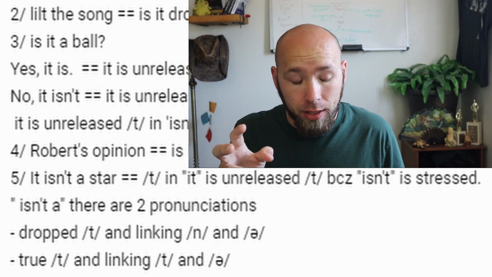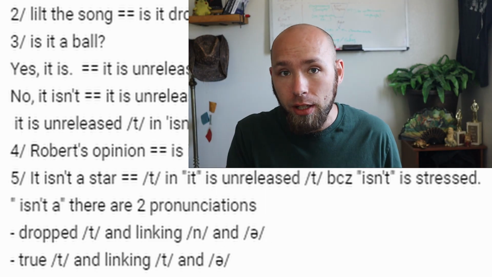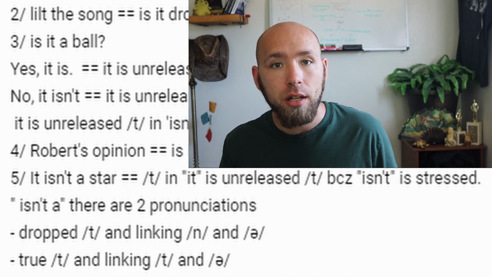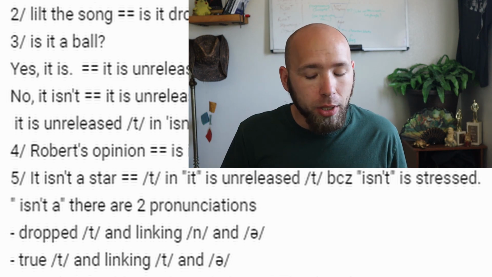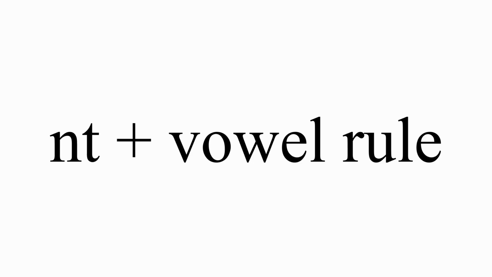In this particular case, you might think, well, there's a T there, so I can flap it, right? Like "isn't, da." And no, because this actually is a separate rule, okay? Where we're already in the N, so you can't flap the D. You'd have to release the N and then do the D, "isn't, da." And we're not going to do that, right? That's more work. So what we're going to do instead is we have the NT plus vowel rule. And that's what this person was saying about the first pronunciation. So that's why the T disappears.